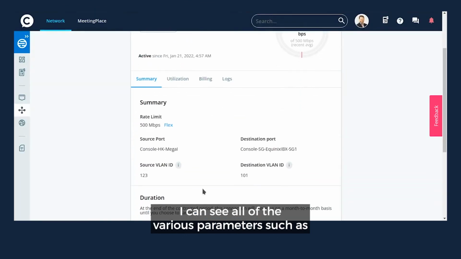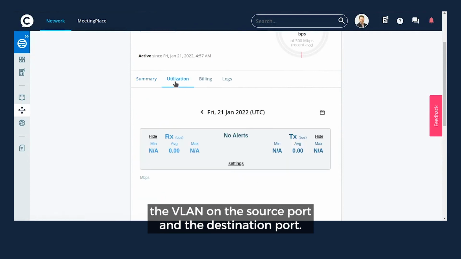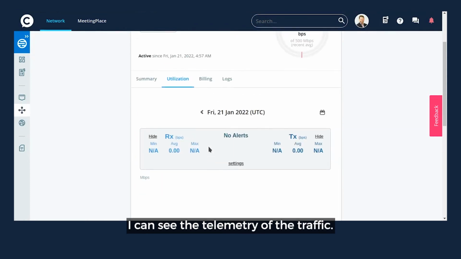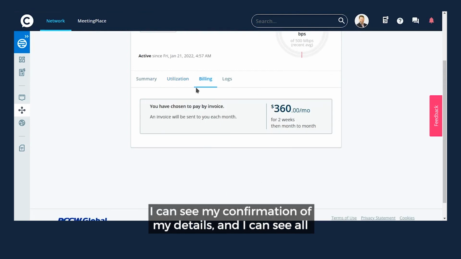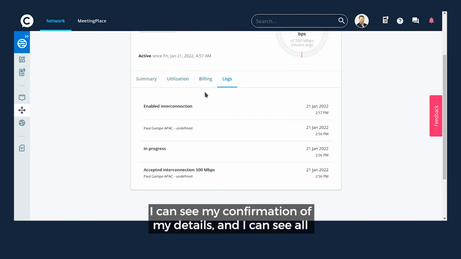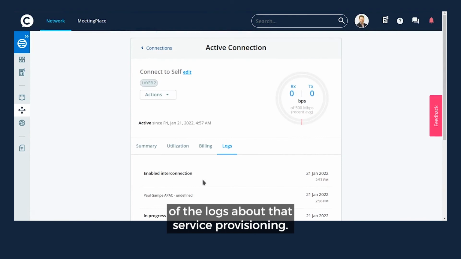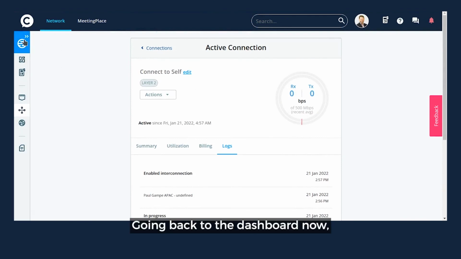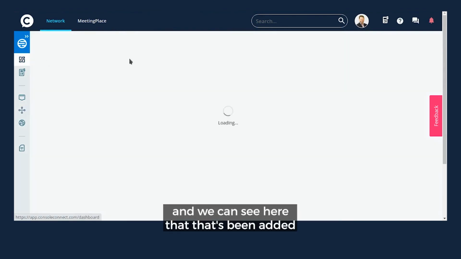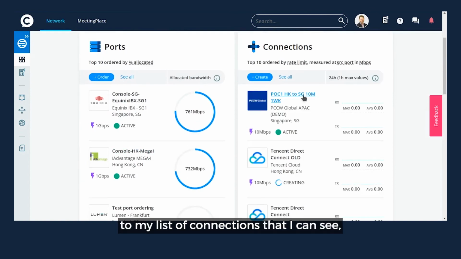I can see all of the various parameters such as the VLAN on the source port and the destination port. I can see the telemetry of the traffic. I can see my confirmation of my details, and I can see all of the logs about that service provisioning. Going back to the dashboard now, and we can see here that that's been added to my list of connections